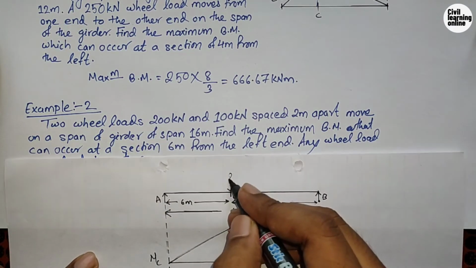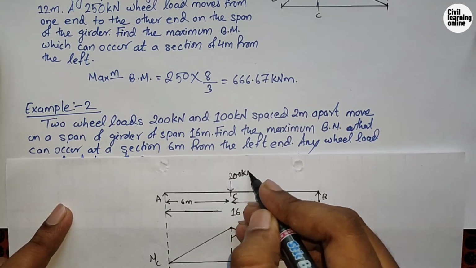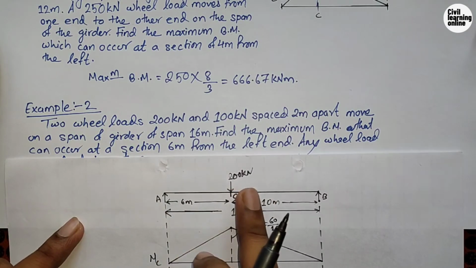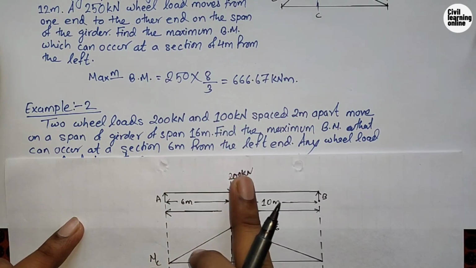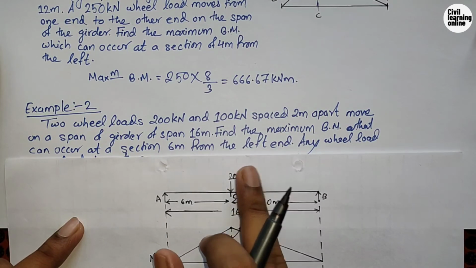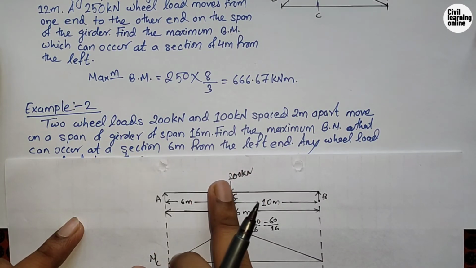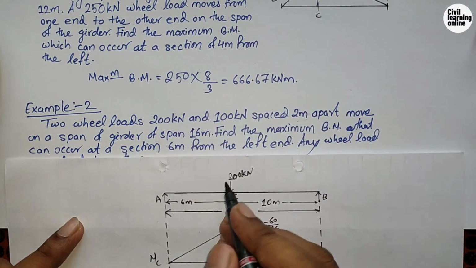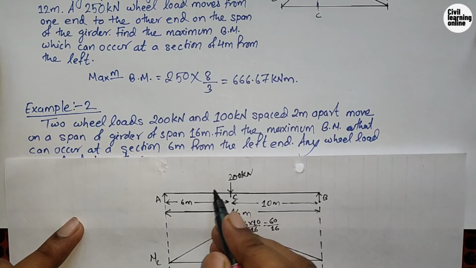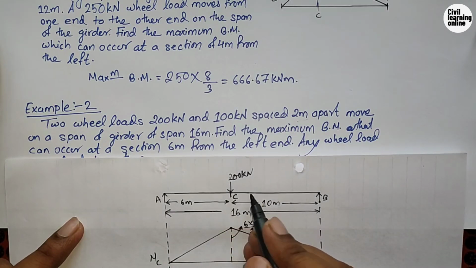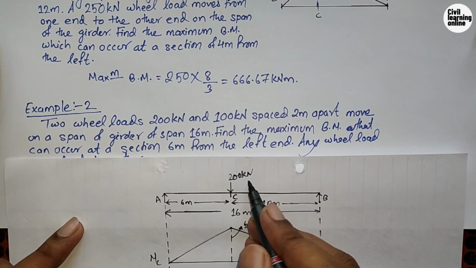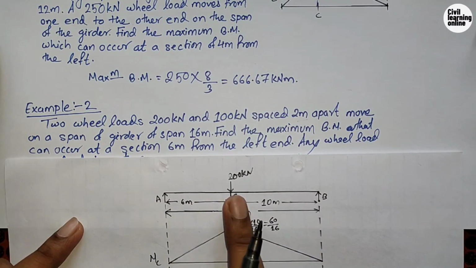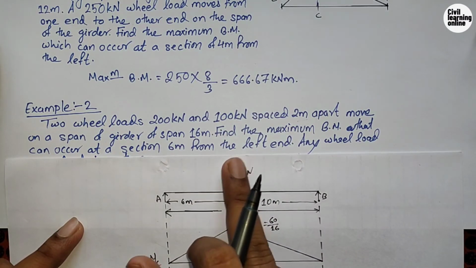This 200 kilonewton will be placed here. Now where to place this 100 kilonewton load? Left 2 meter of this 200 kilonewton load, sorry, right 2 meter of this 200 kilonewton load, or left 2 meter of this 200 kilonewton load, because the spacing between these two loads is 2 meter, means either this 100 kilonewton load will be 2 meter left of this 200 kilonewton or 2 meter right of this 200 kilonewton load. So the answer is our this 100 kilonewton load will be 2 meter right of this 200 kilonewton load,